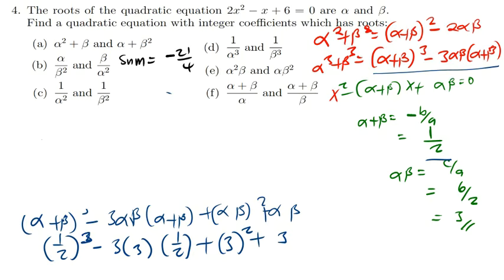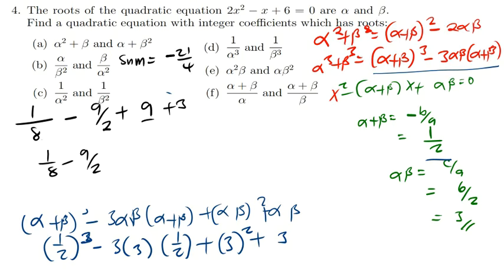So 1 raised to the power 3 is 1, 2 raised to the power 3 is 8, minus that is going to give me 9 over 2, plus 3 squared is 9, then that is just 3. So what do we do? These 2 can be added, 1 over 8 minus 9 over 2, those 2 can be